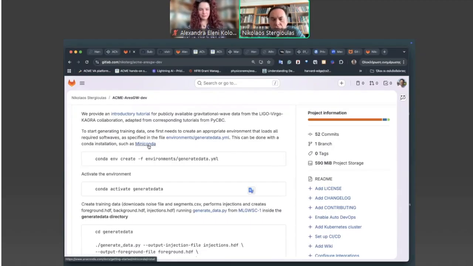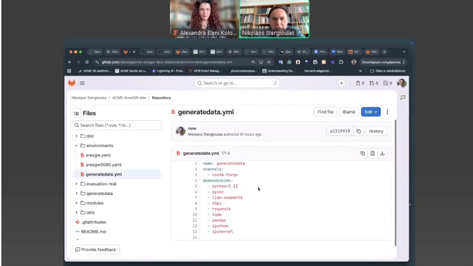You don't need to install the full Anaconda distribution, which is very large. Miniconda is sufficient. There is a link with instructions here if you don't have it already. Once you have it, you can simply issue the conda command to create this environment, where the specifications are contained in this file that we provide here.